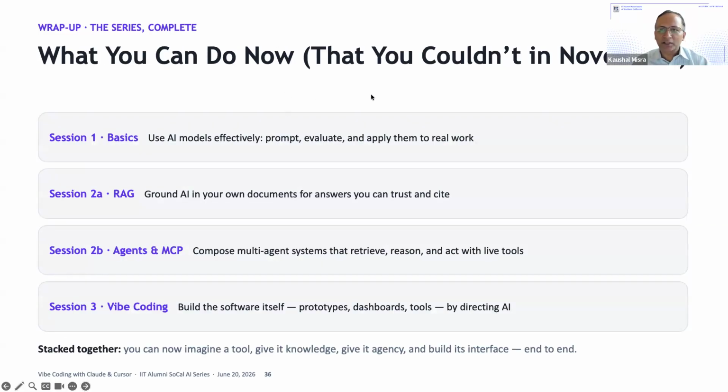What can you do that you couldn't in November? So from November, where have we come in 6 months? We learned the basics: what AI is, why it is different from normal operations and machine learning, etc. Use AI models effectively: prompt, evaluate, apply them to the real world. RAG: we could build it, grounding AI in your own documents, your local documents, which is what we saw